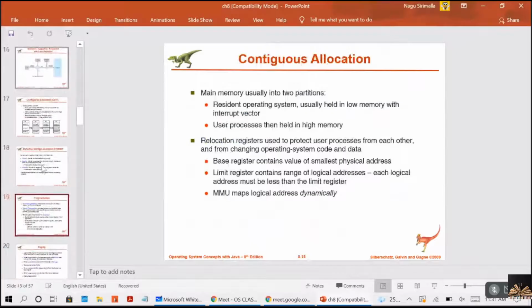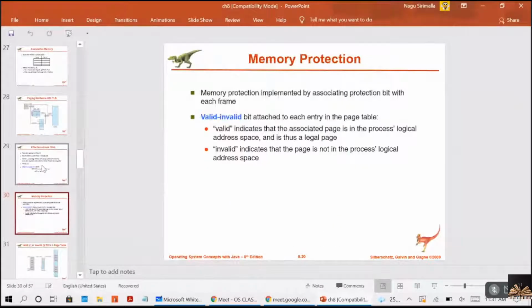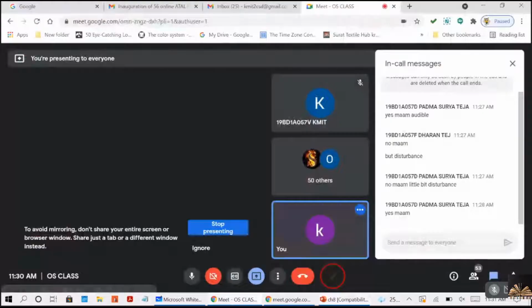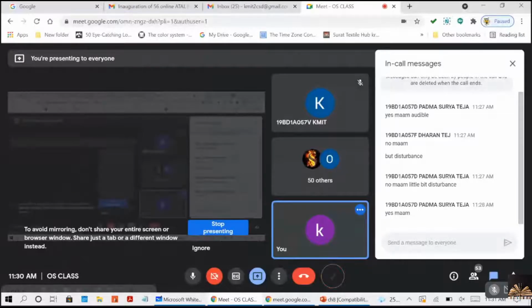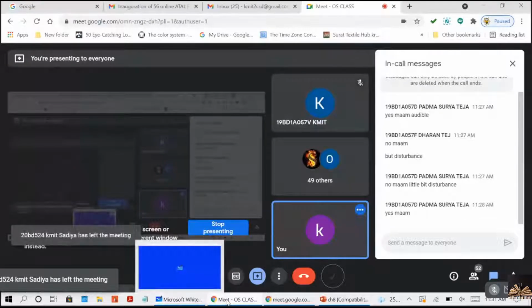Am I audible now? Today I can see very good strength. It's 52. Very good. For this memory protection, right? Guys, can I continue? Okay, see the PPT.